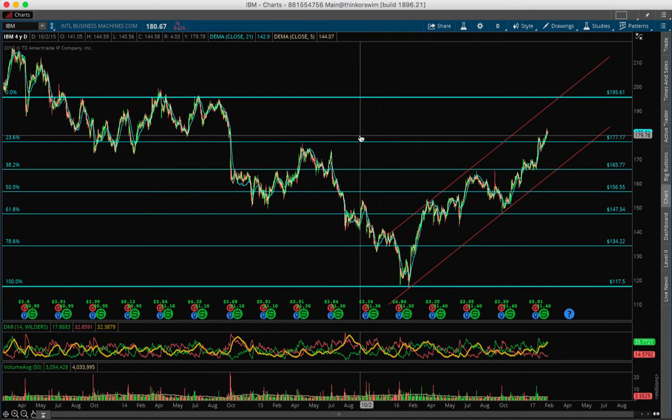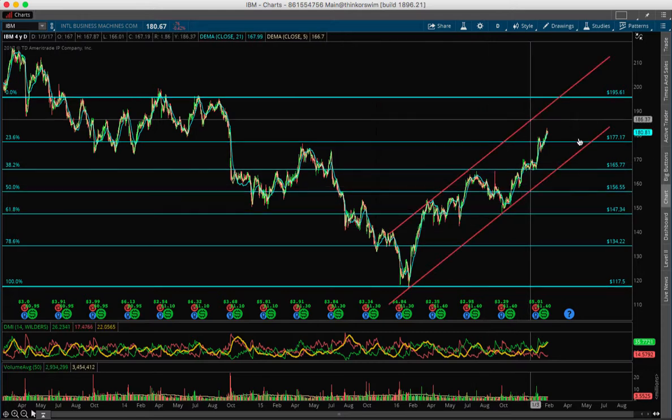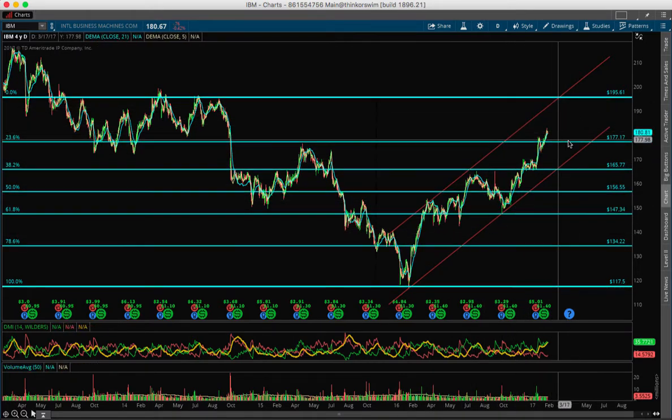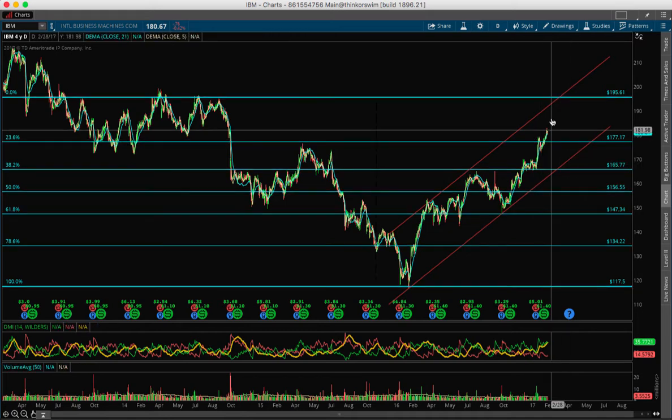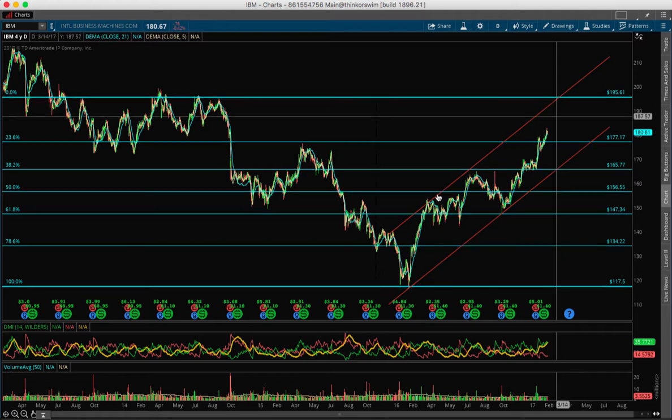Today is February 20, 2017 and let's talk about the market. Let's start with IBM. IBM, as you can see here, is trending inside this major uptrend channel. Fibonacci resistance 177 was broken now and is heading to the major top or Fibonacci 195, which is the top